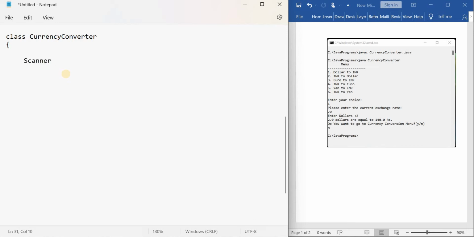So Scanner input is equal to new Scanner, and I have to read from keyboard, right? So what is the keyboard name in Java? So System.in. And if you observe here, the program is asking the user, do you want to go to currency conversion menu? That means you can do as many conversions as you want.